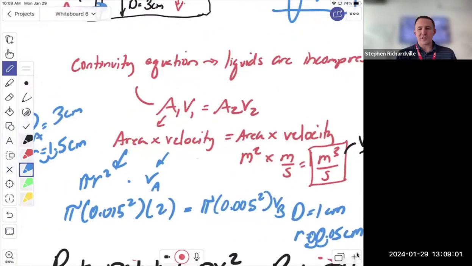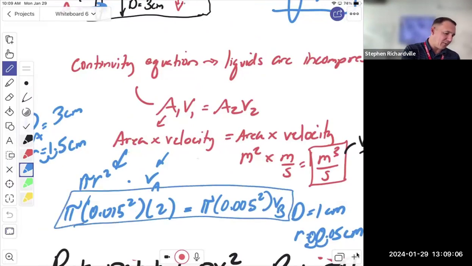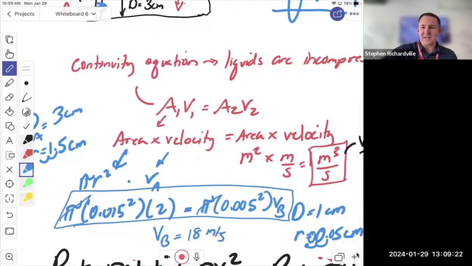All right. So there's my equation to find the velocity at point B. And what you're going to notice is that pi will go away. And when I divide the left side by the 0.005 squared, I end up with a velocity at B of 18 meters per second. What's happened is, as the pipe got narrower, the velocity had to speed up. And in fact, there's a bit of a ratio here. If the diameter is 1/3, because of the pi r squared piece, the radius is 1/3, but pi r squared